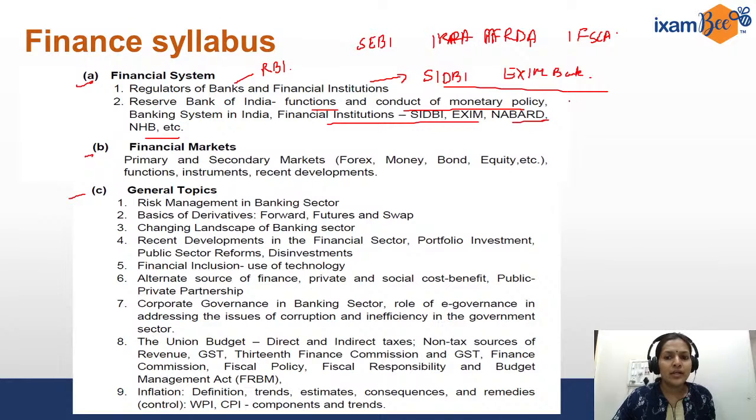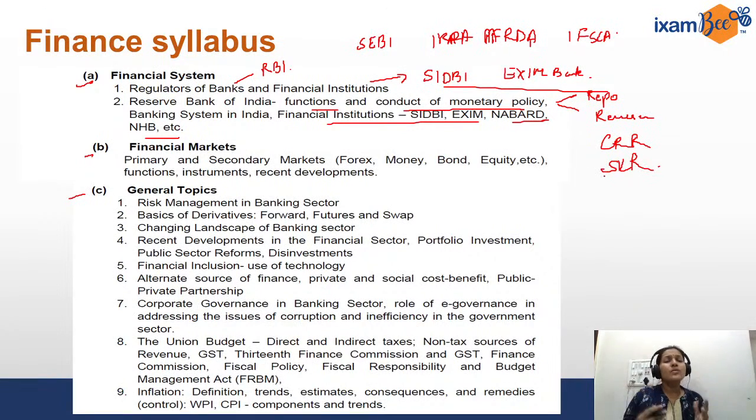So when I say monetary policy, what I have to understand, what are the different terms? Repo market, reverse repo, right? What is CRR? What is SLR? So how is RBI basically managing the money supply? How is it making sure that inflation and growth work in tandem with the other fiscal policy, the government,